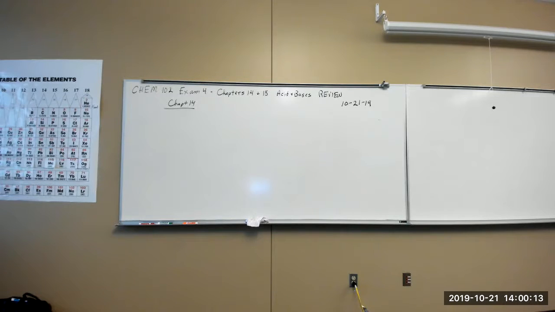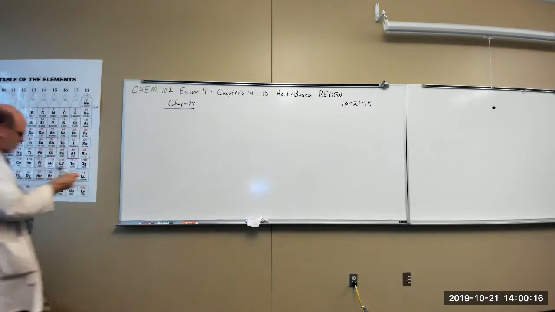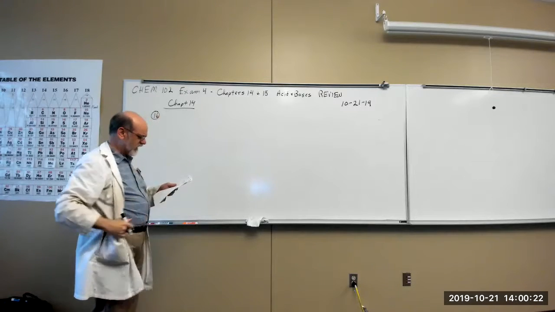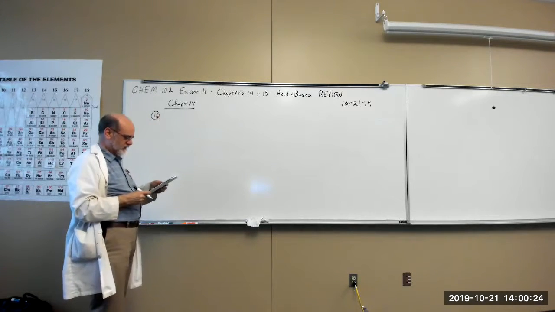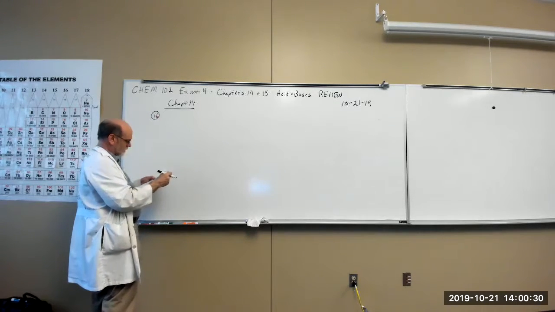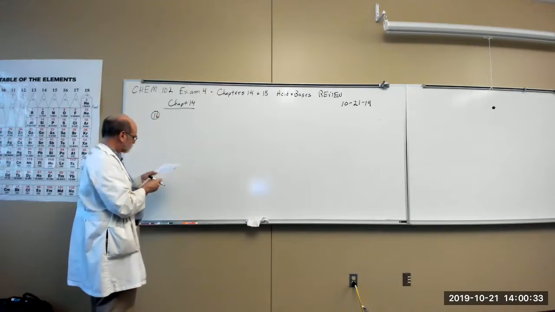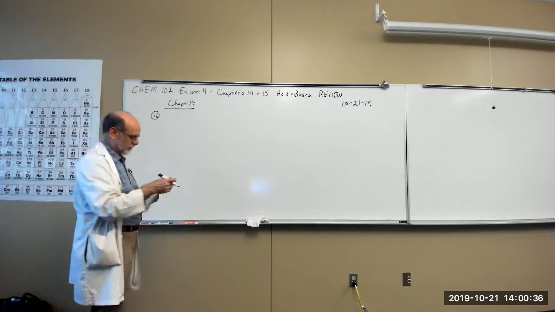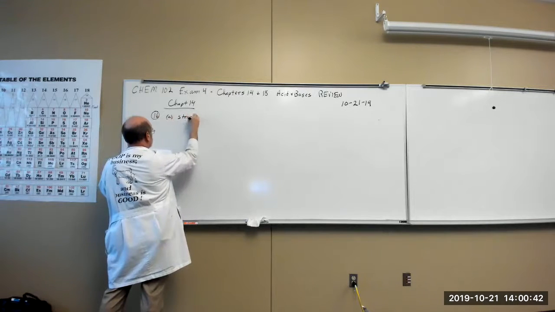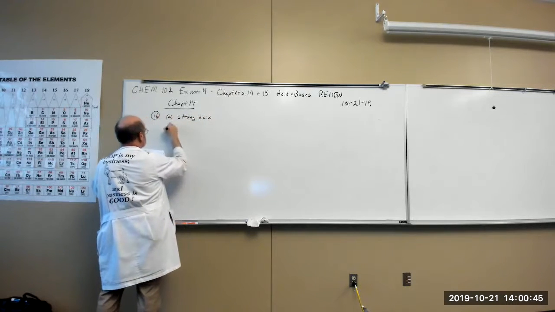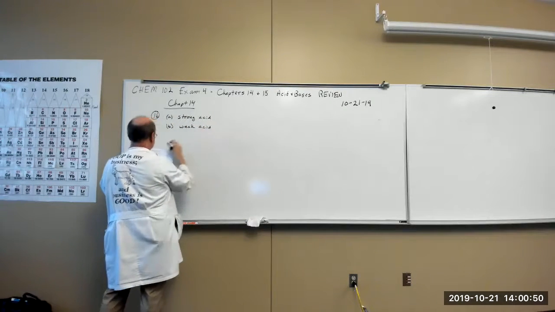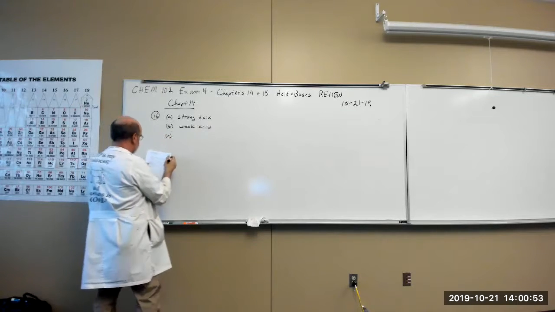Let's start with 16. Which of the following would give the highest pH, that is the most basic, when dissolved in water to form a 0.1 molar solution? 0.1 molar doesn't matter. It's just they're all going to form the same concentration. So A, strong acid, weak acid, potassium salt of a weak acid,